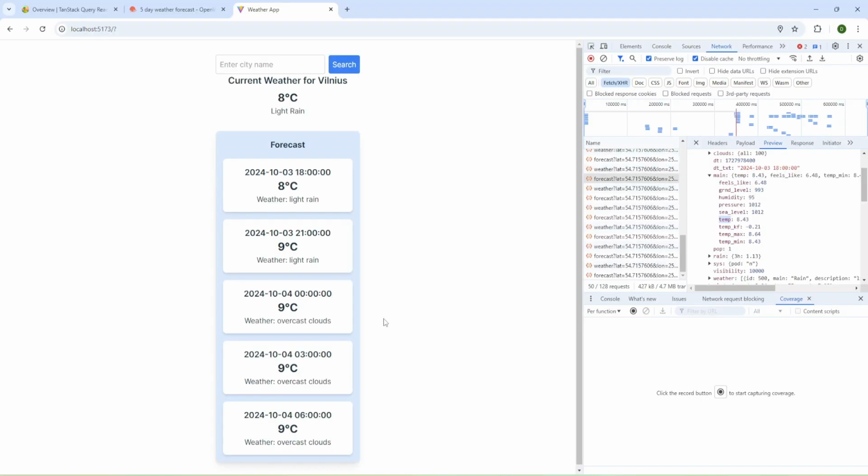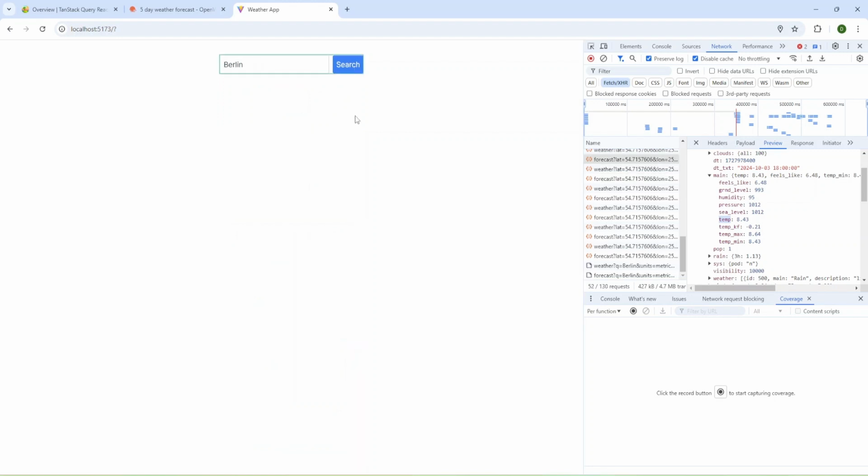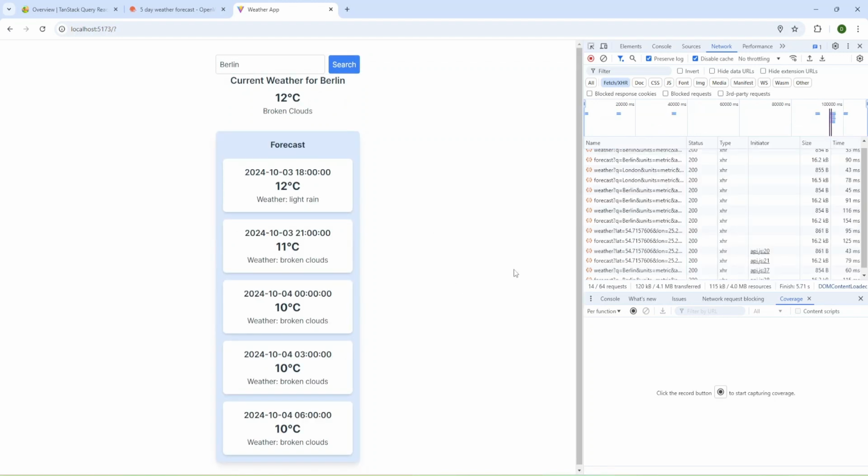Okay, let's check, and we have description, and let me provide city name and press search. Let's try to provide city that doesn't exist.